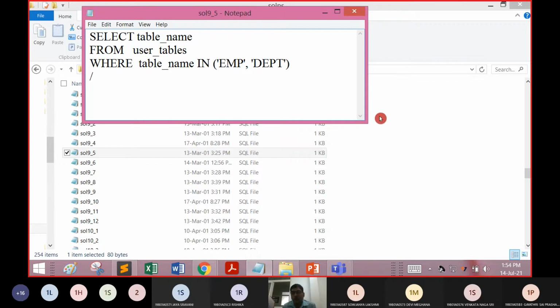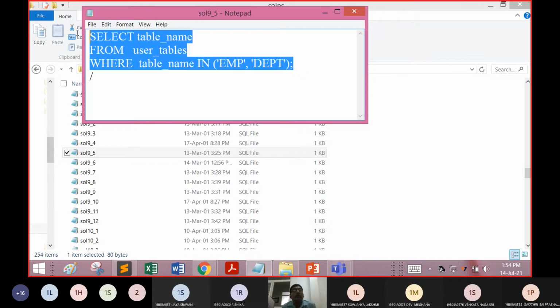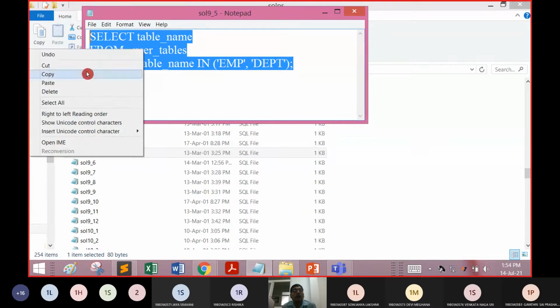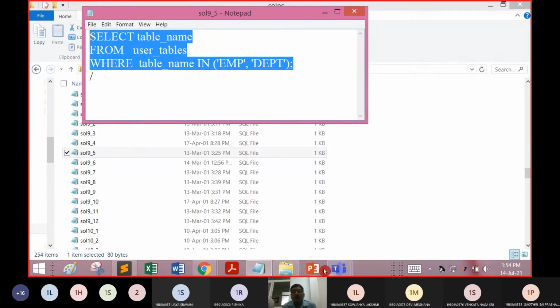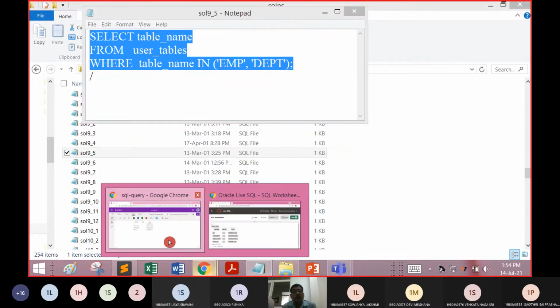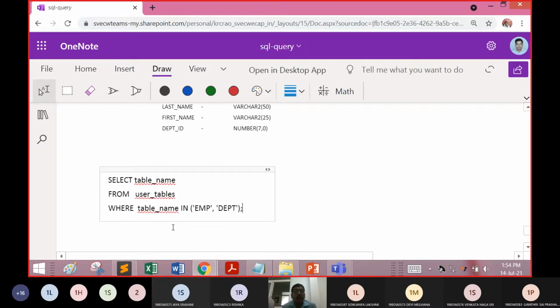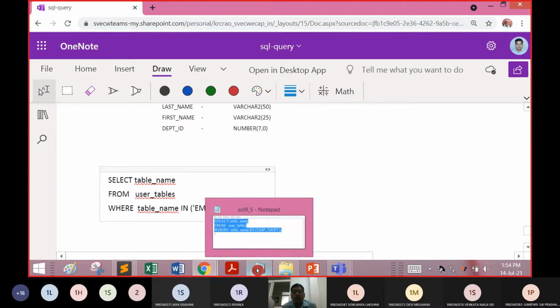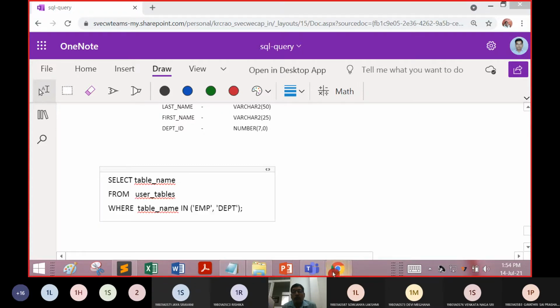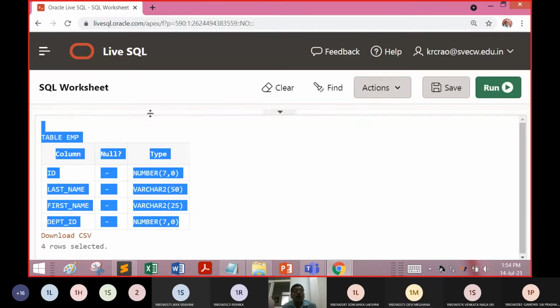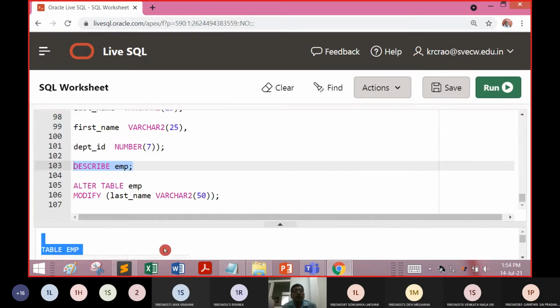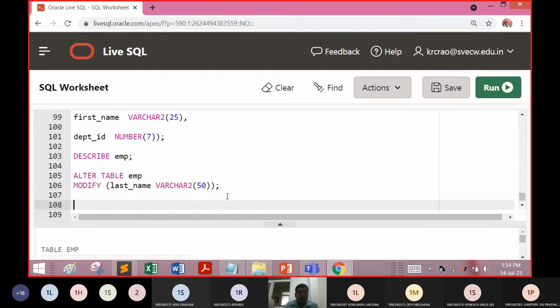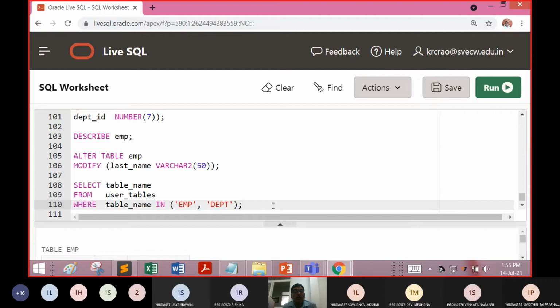So this is one complex query. What this complex query is going to indicate is that the Oracle server by default will maintain table names. Whoever have created the table, whatever the tables are there, all that list it is going to maintain. So let us verify whether this works or not.